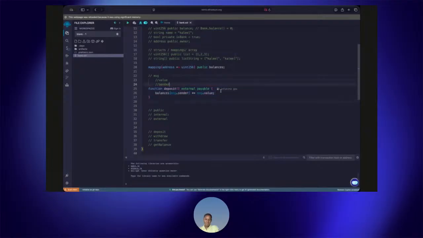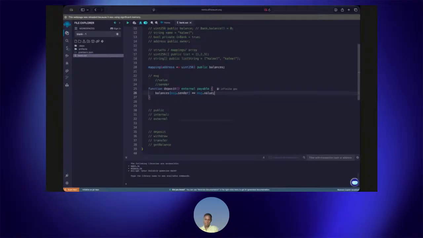And then we have others as well. So just taking a look at blockhash, which allows you to get a block hash. And then we have block, the current block, and then we have timestamp as well.